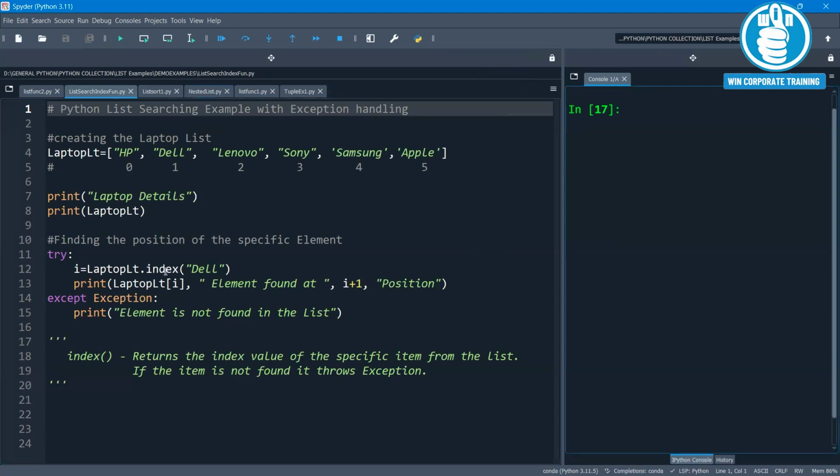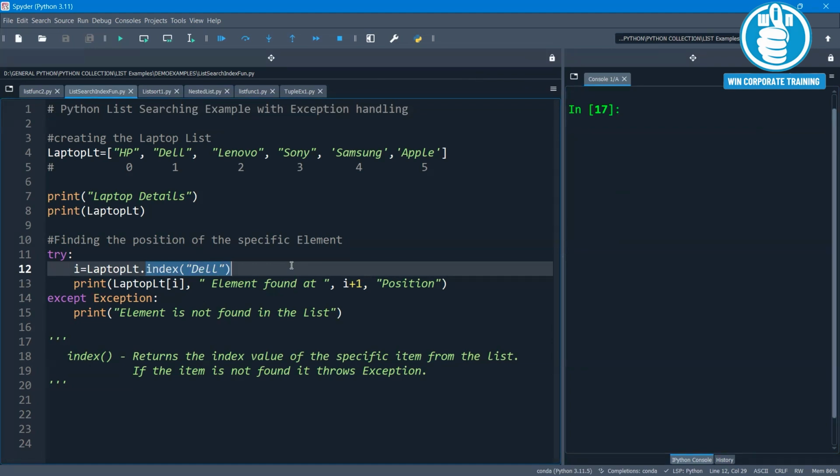What index function will do, it returns the index value or the positional value of the specific given item in the list. And based on that, we are searching whether the item is found in the list or not. Only if the item is there in the list, your index function will return the proper positional value. Otherwise, it will not return any value.